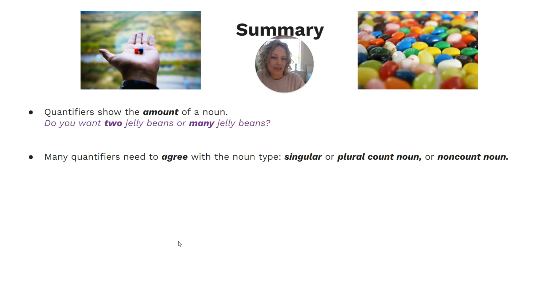Is the noun type singular, or is it a plural count noun or a non-count noun? That's going to change the quantifier that you use a lot of the time. As in, you will have few opportunities in life if you put in little effort. So few is for plural count nouns and little is for non-count nouns when you want to show a